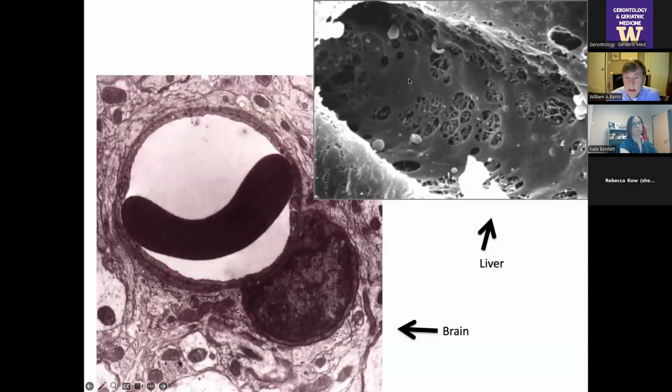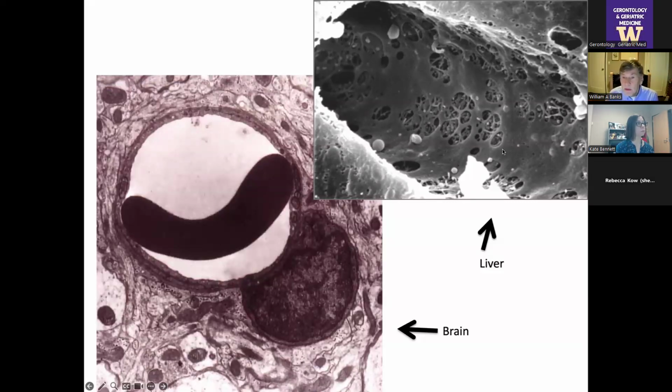So for comparison, here's the liver. The liver is one of the most leaky capillary beds in the body. And of course, leaky capillary beds are essential to the survival of the tissue, because that leak is the ultrafiltrate that nourishes all these tissues. And here we see there's a bunch of holes punched in here. And those are microvesicles, or vesicles, macropinocytosis, micropinocytosis, all those guys crossing the capillary wall, nourishing the tissues.